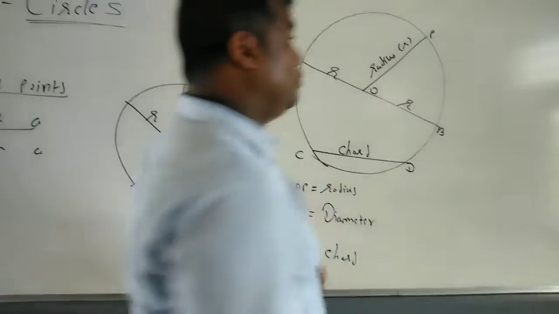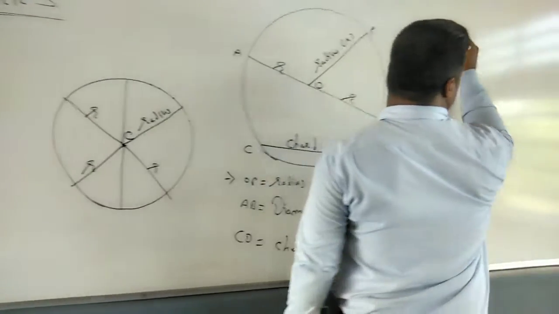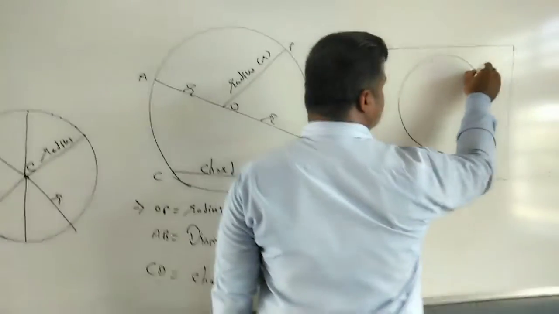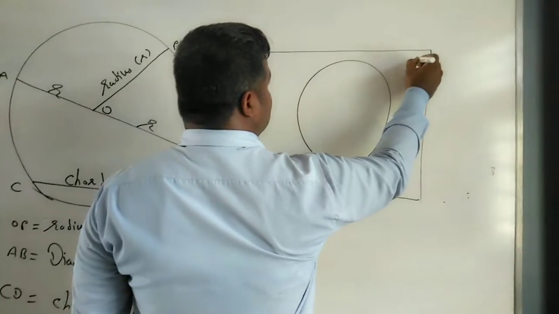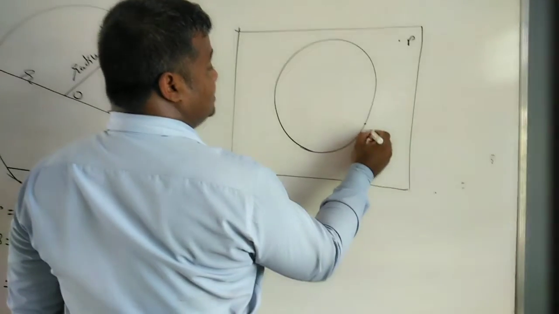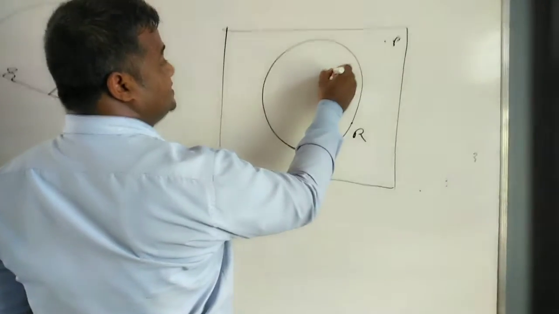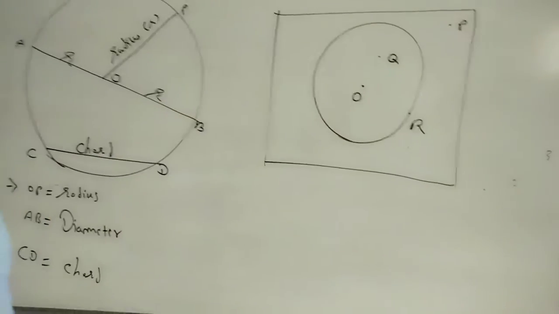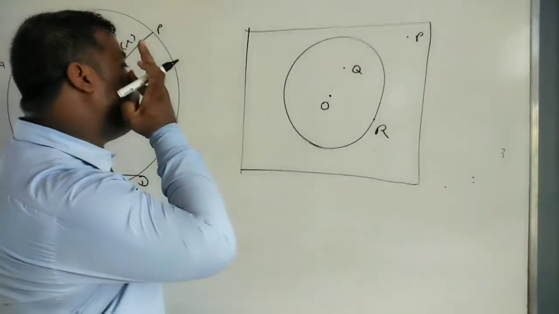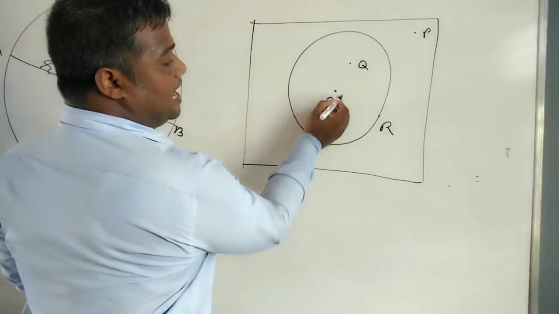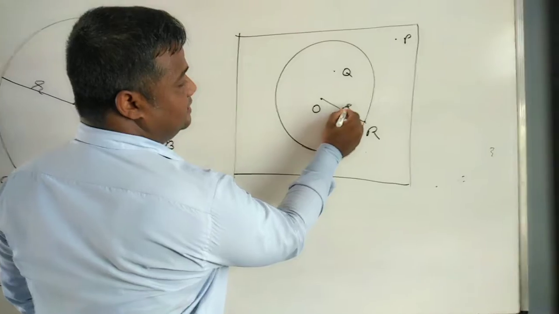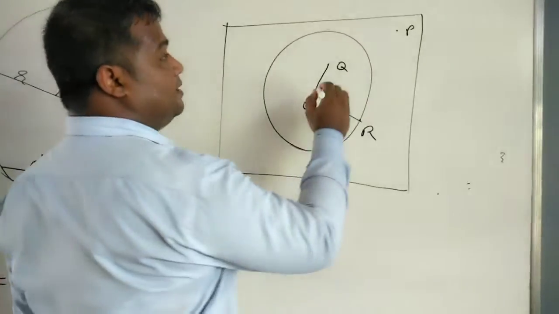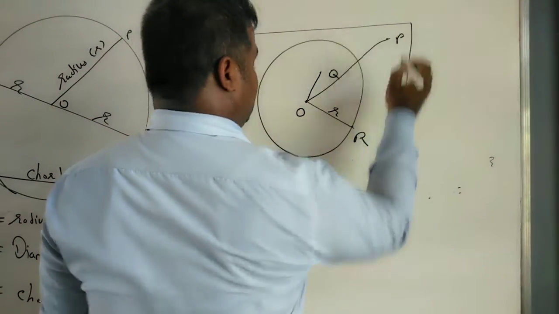Now we are going to move on. With the help of this, you are able to understand this is the plane of yours. In that plane, one circle is there. Outside the circle, one point is there. On the circle, one point is there. And inside the circle, one point is there. This is the circle with center O. Now, consider OR is the radius. When you join OQ and OP, what happens, we are going to learn.